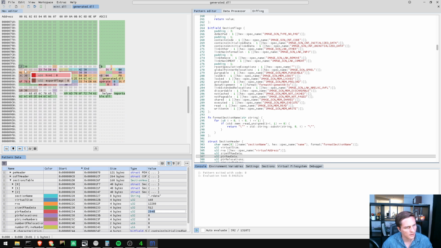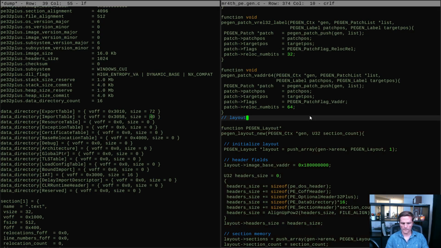Why is there a hint? Export flags, name, export flags. Export time date stamp. Yeah, so this thinks it's pointing right here, and it shouldn't be thinking that. These pointers should be down here. So our RVAs for the